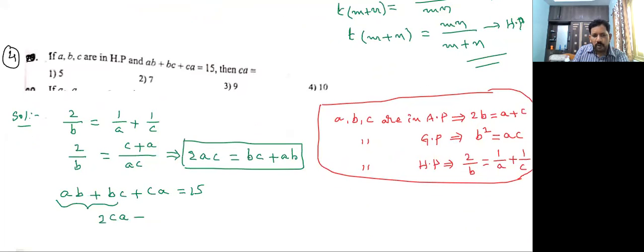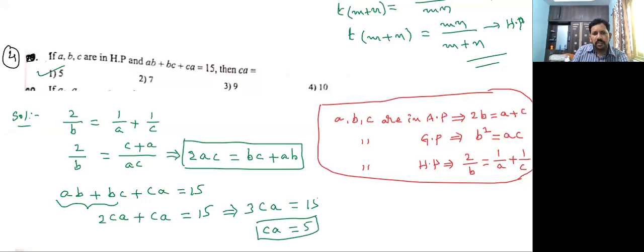Anyone you can write, no problem. ca, ac both are same only. That is 15. 3ca is equal to 15. Then what is ca value? 5. This is the answer. This is a very easy question, but